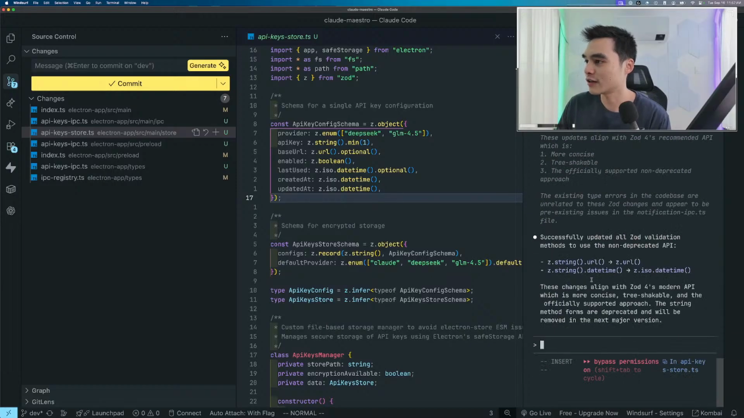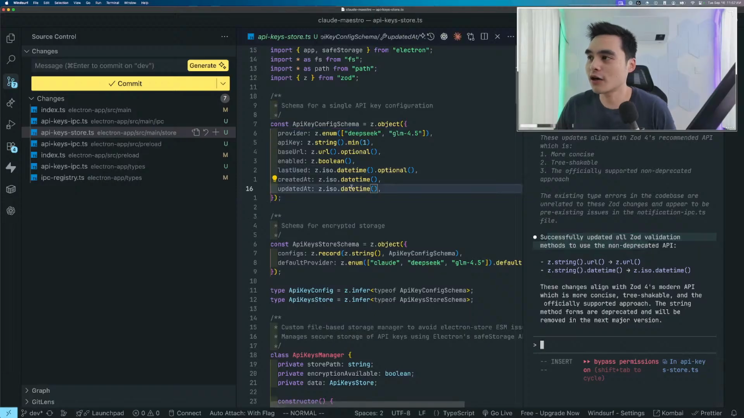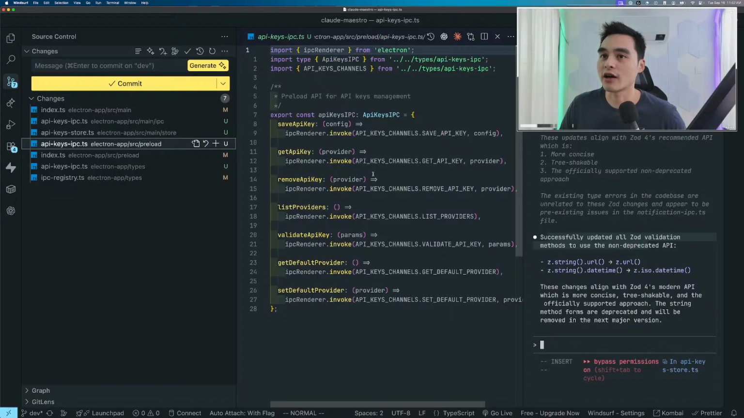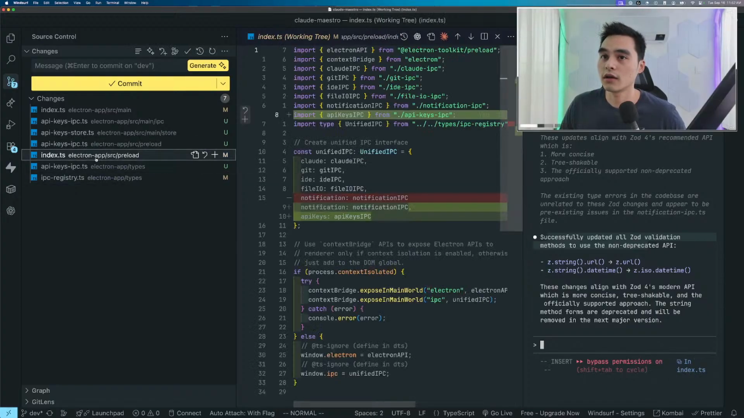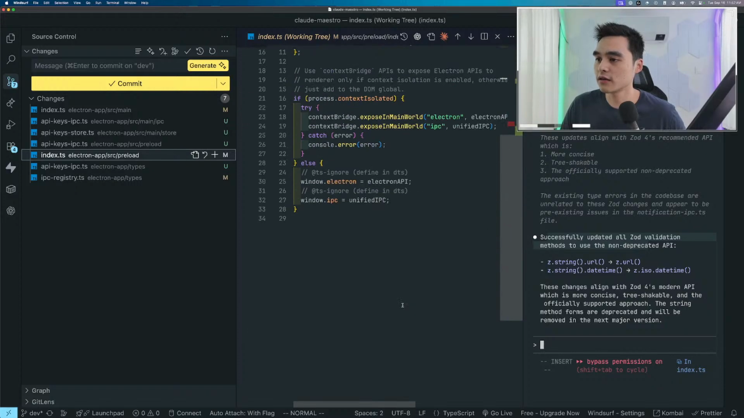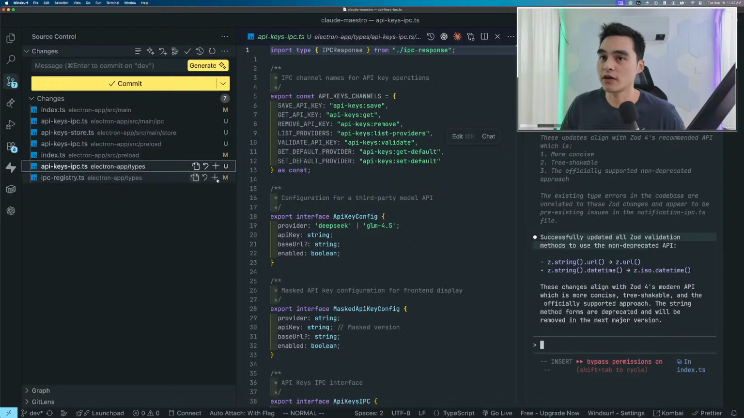Okay, where are we at? Okay, successfully updated Zod validation. Yep, that's the run. That is correct. Nice one. Let's move on. API keys, IPC. This looks good. Index.ts. Okay. API keys,